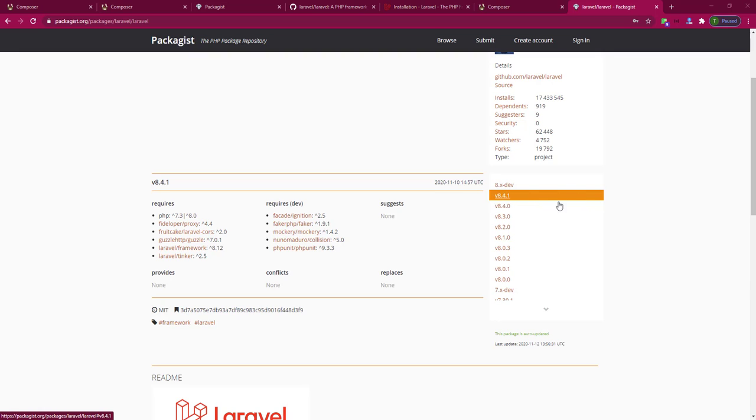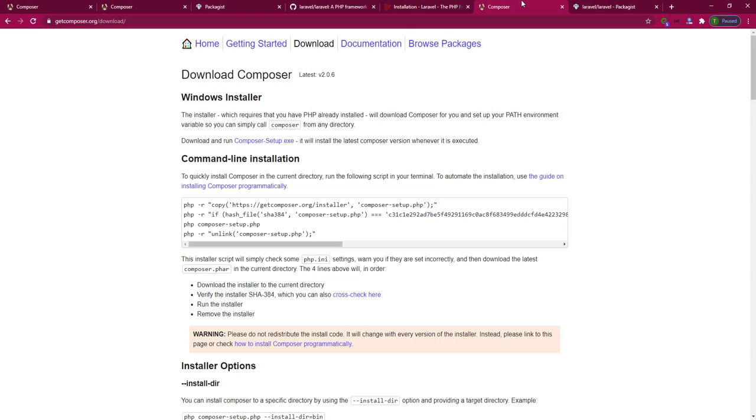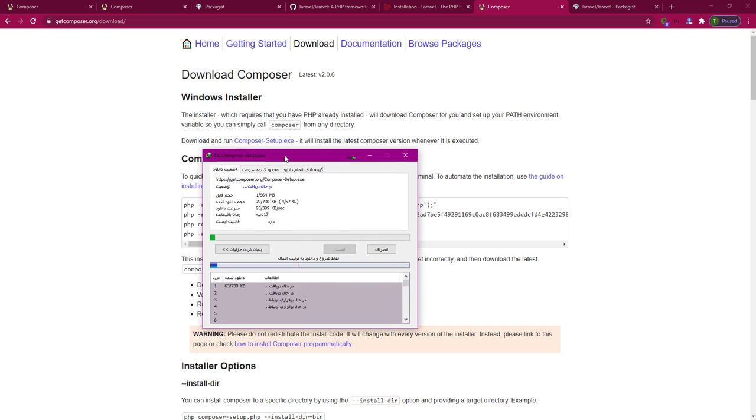Final version of Laravel, version 8.4.1, on Composer. Okay, for install Composer on Windows, just download Composer setup and click and download Composer setup